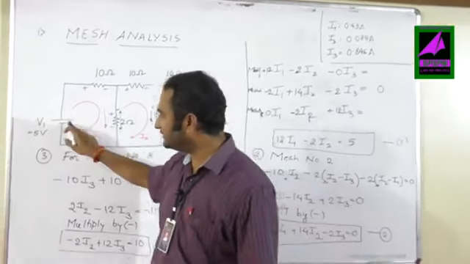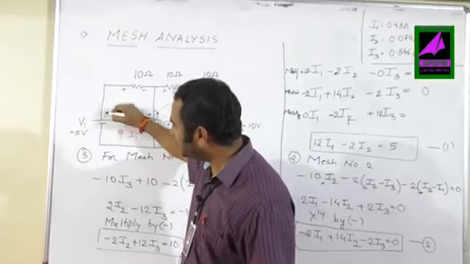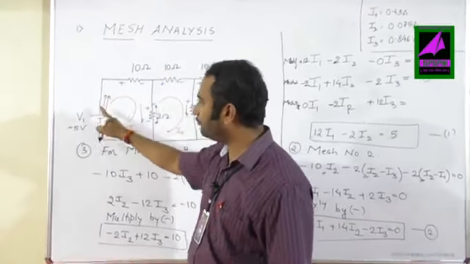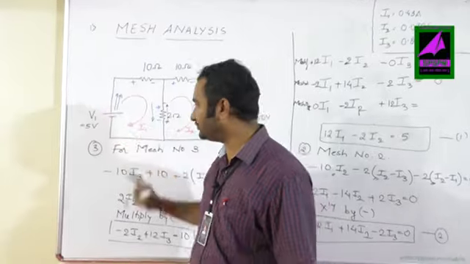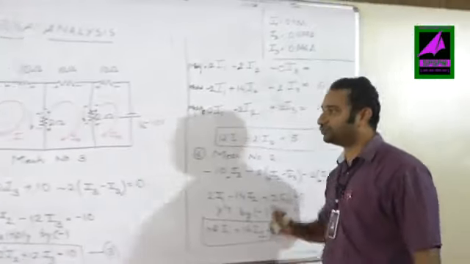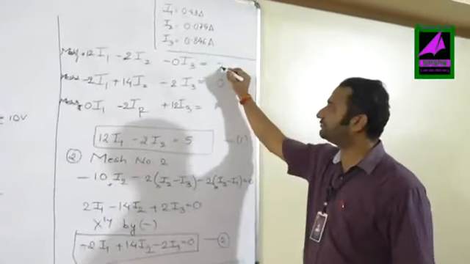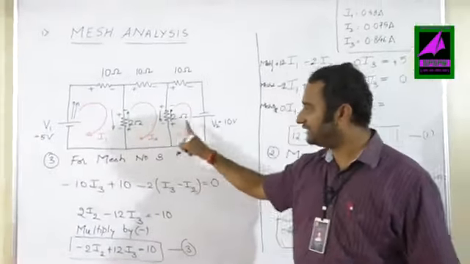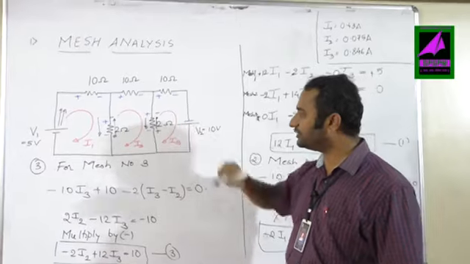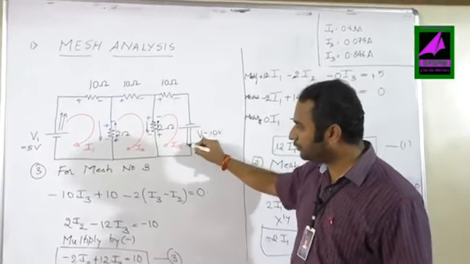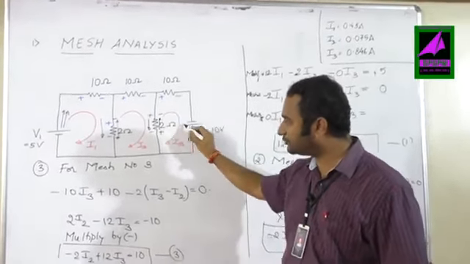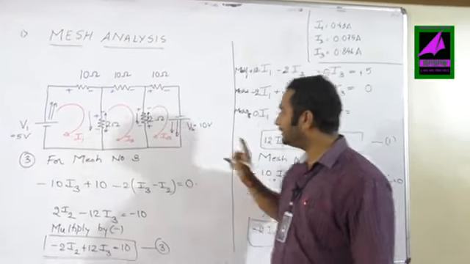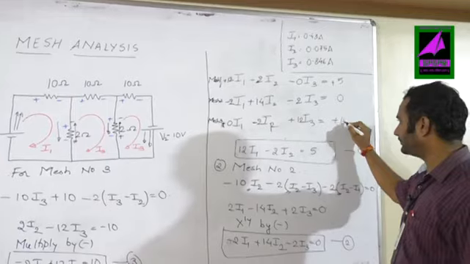For example, this says that the current should go like this. The current that we have assumed is also moving like this. Both are matching according to the source as well as according to the current that we have assumed. So we are going to take it as plus 5. Similarly, here there is no voltage source. Here I am having again a voltage source. Now this voltage source also says that the current should move like this and the assumed current is also from top to bottom. So both are matching. So we can say that I am supposed to take it as plus 10.